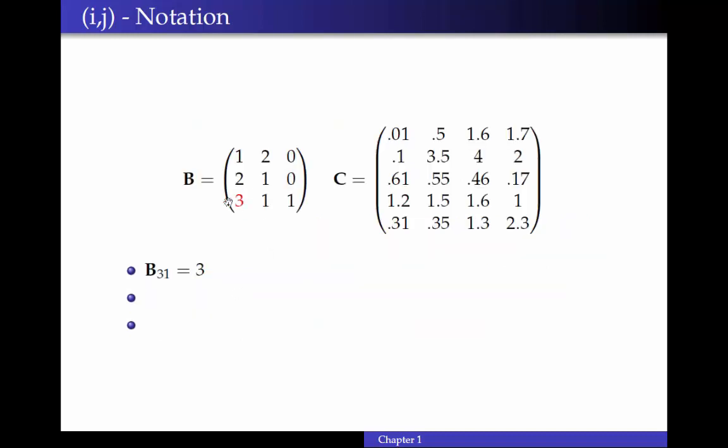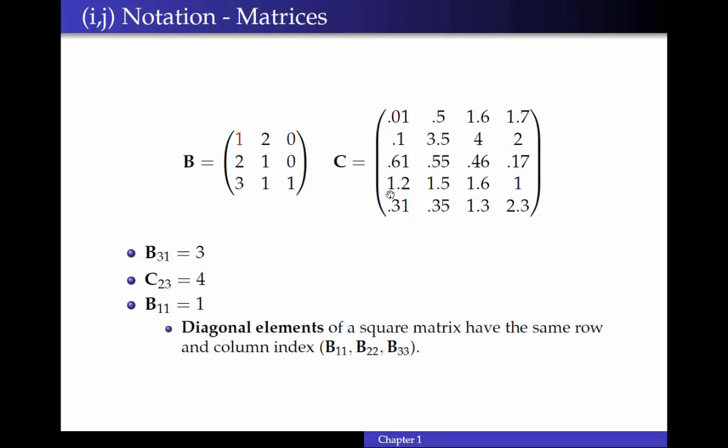So we can try this here. This red element here is in the third row, first column. So that's B31, which is equal to 3. C23, that's the second row, third column, that's equal to 4. B11, the diagonal element,